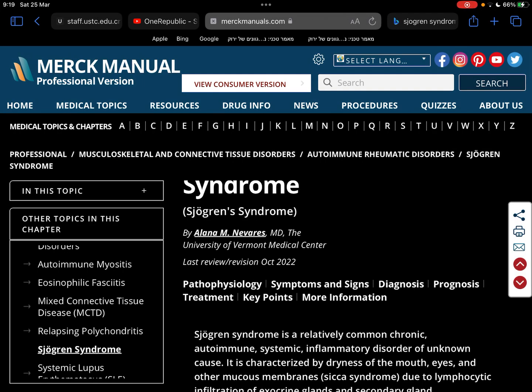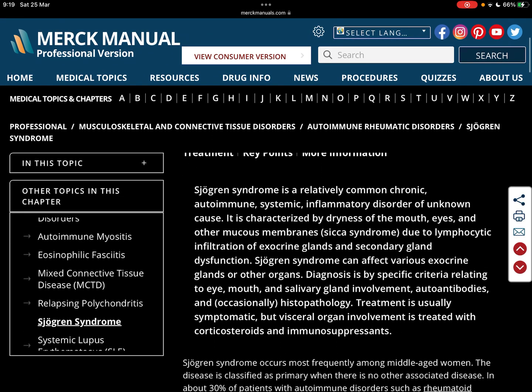Okay, let's talk about Sjogren's syndrome. Sjogren's syndrome is an autoimmune disease, but it's quite common relative to other autoimmune diseases. It's an inflammatory disease. What does it cause? It causes dryness in the mouth and the eyes, but it can also cause more generalized disease that can cause many things like vasculitis,